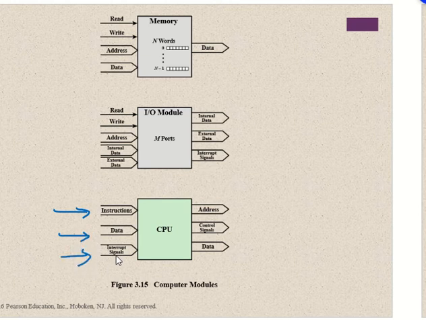If you have any interrupts, we already studied interrupts in the previous class, and the CPU performs the operation. Of course, it produces the result, that is the data here. In case of any control signals, if the data is going to be written onto the memory, there should be a write control signal. If it is to be written onto the memory, in which address does the data have to be written? The control signal for that operation, the address, and the data.